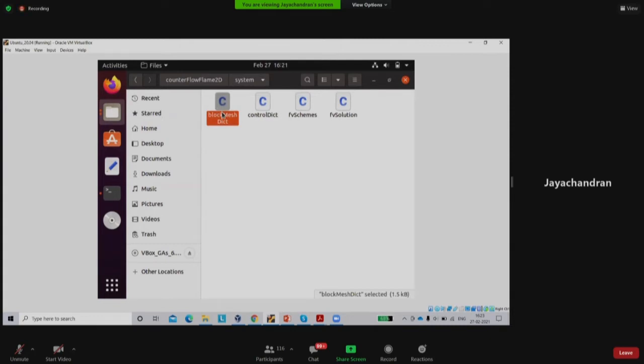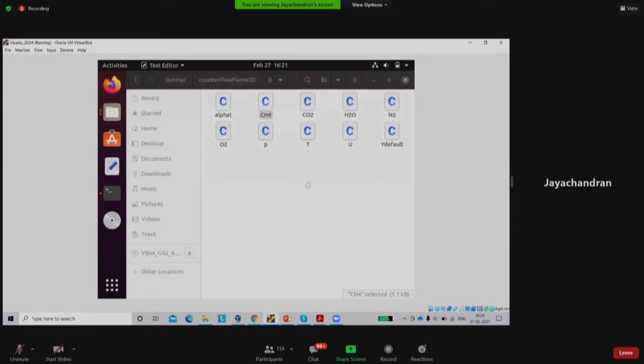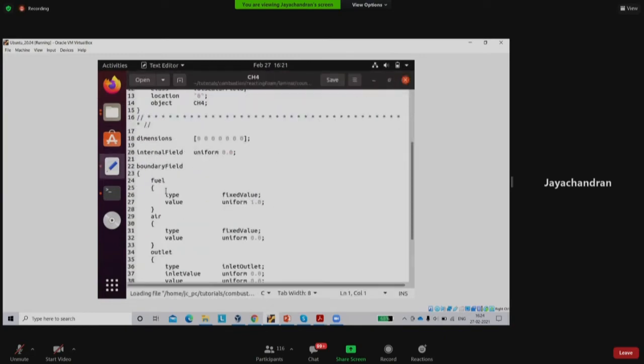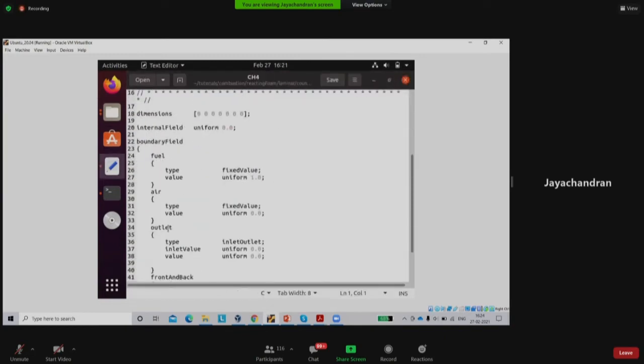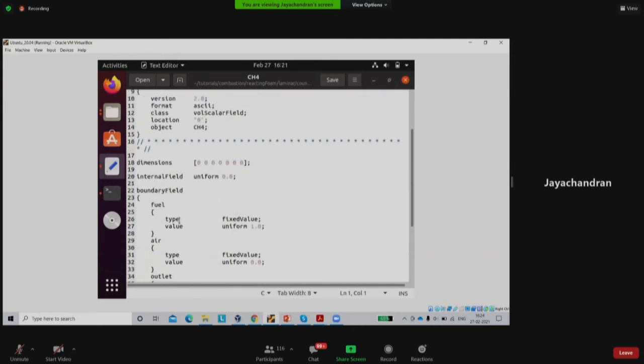I don't know which geometry is inside that; there can be any kind of geometry. So you can insert a geometry into this folder. Then if you are inserting a geometry, you have to insert a zero folder also, because you have to give the initial velocity, pressure, concentration, everything. In this particular case, you can see that there is no initial conditions file, because it's not ChemFoam. These are other solvers that actually solve CFD. So in zero, you have to define the concentrations, everything at the different portions, fuel, air, outlet. These are the different things that are defined in blockMesh.